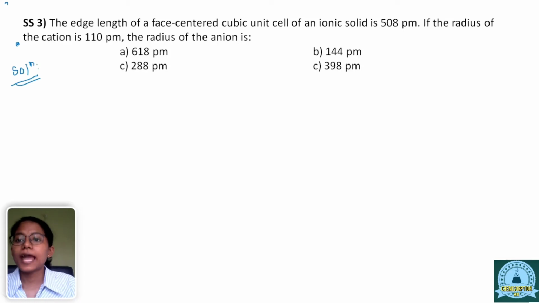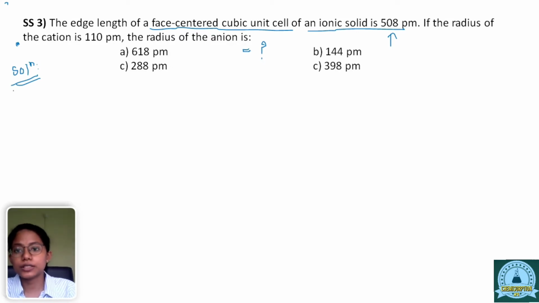So the edge length of a face-centered cubic cell. It is mentioned that the unit cell is FCC. So the edge length of an FCC lattice is 508 picometer. If the radius of the cation is 110 picometer, what is the radius of the anion? This is a tricky question because for FCC, here given